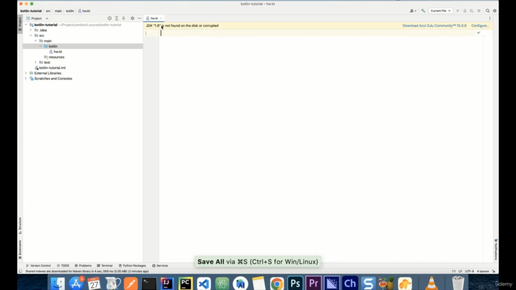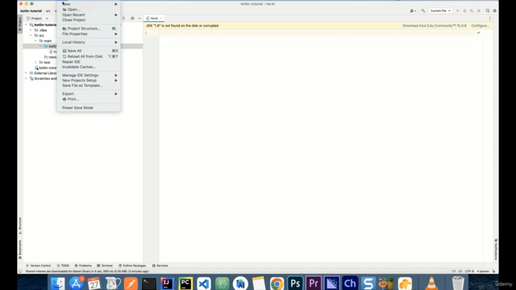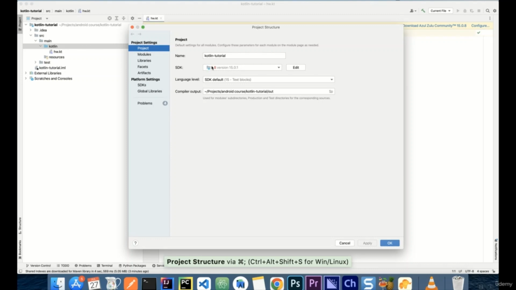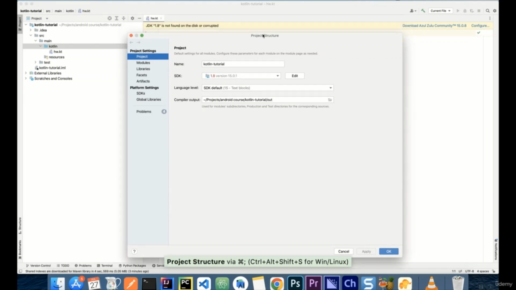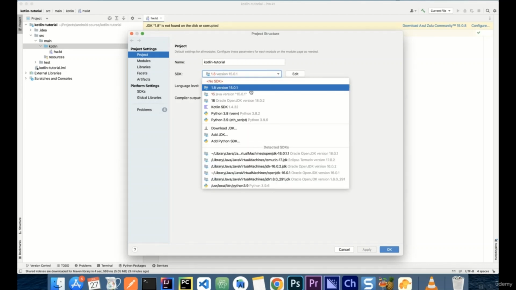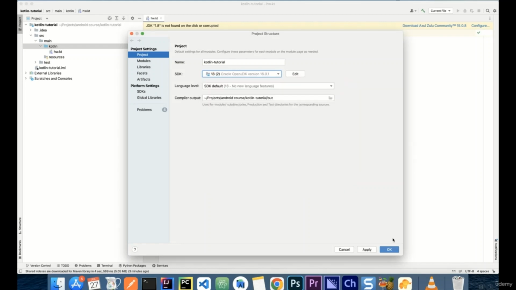You might have this error as well. It says JDK 1.8 is not found on the disk. If you get that, just go to File and Project Structure. Okay, and here I have an SDK, so I'm not really sure why we get that issue, but let me just select the OpenJDK here.